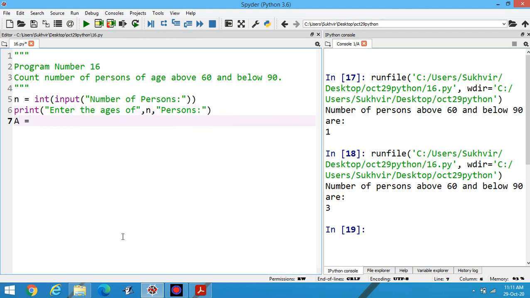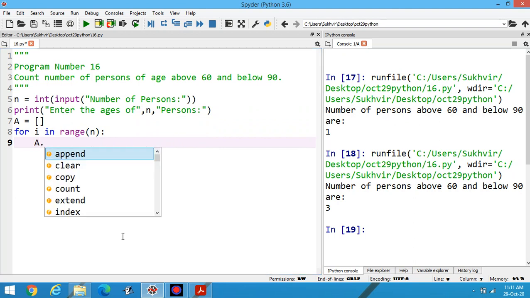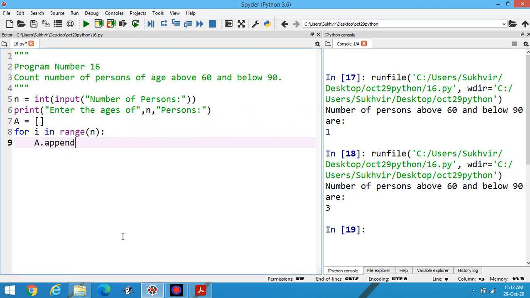Let's declare one empty list so that we can append that content. For i in range n, pick the input in the list, int input. In this way you can enter the data.